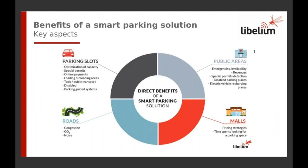The benefits of deploying a smart city parking solution are obvious. Mainly, I want to focus on some of them: reducing gas emissions, which will affect pollution levels and environmental monitoring. Also reducing traffic congestion. This affects not only our fuel consumption and our pockets, but also the anxiety that the population gets when trying to find a parking spot for longer than 15, 20 minutes, half an hour, depending on the city. So in terms of figures, a smart city solution can reduce